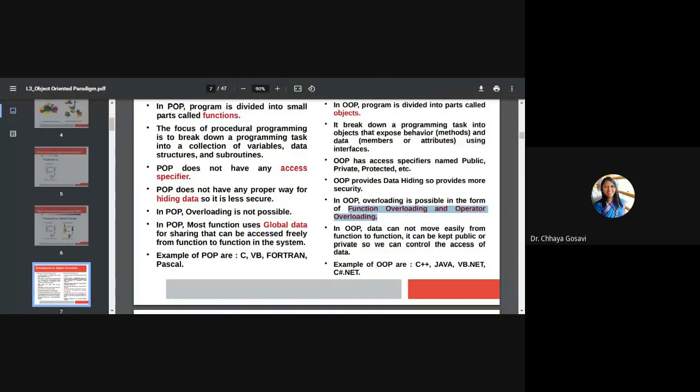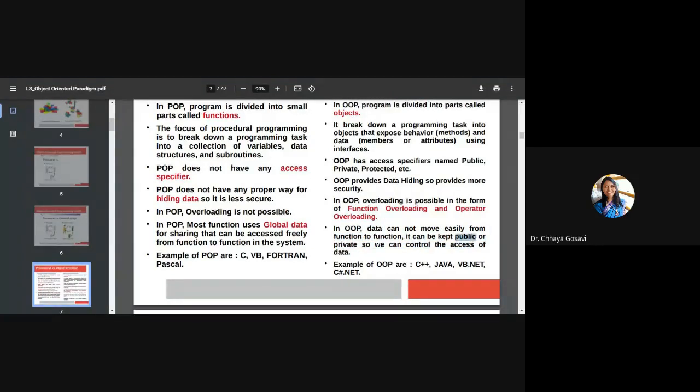Overloading is an example of polymorphism, doing multiple things with the same name. In procedural programming, most functions use global data for sharing, and that is accessed freely from function to function. So it is not possible in object-oriented programming to move data easily from function to function.